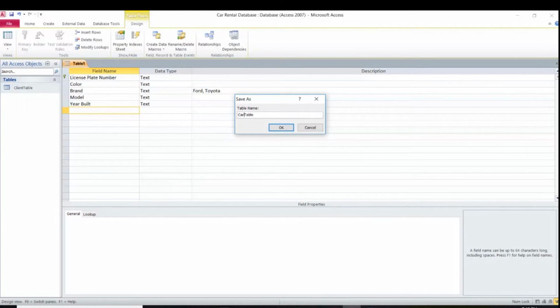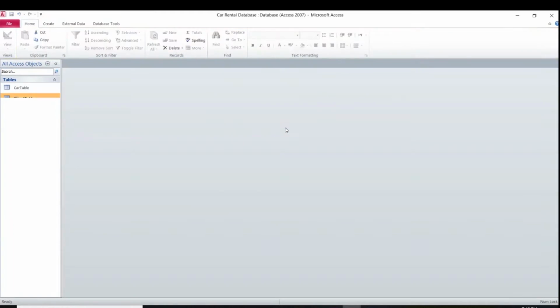Good. I have two tables built. I want to work now on the third, and the third will be kind of like my receipt. Whenever somebody comes in to rent a car, I want to be able to say that this person with that license number rented a car with that license plate number today, right? So I'm going to create again, followed by table design,